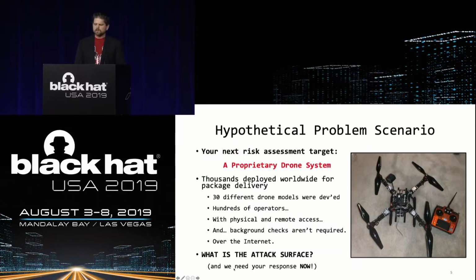In order to describe the motor threat model, we'll introduce a game for you to play along with. Imagine most attendees here at Black Hat know something about security and threat modeling, and I hope you can play along. This game is basically structured to help understand how to threat model movement. Your company, in this case, was hired to assess the security risks of a proprietary drone system designed to deliver